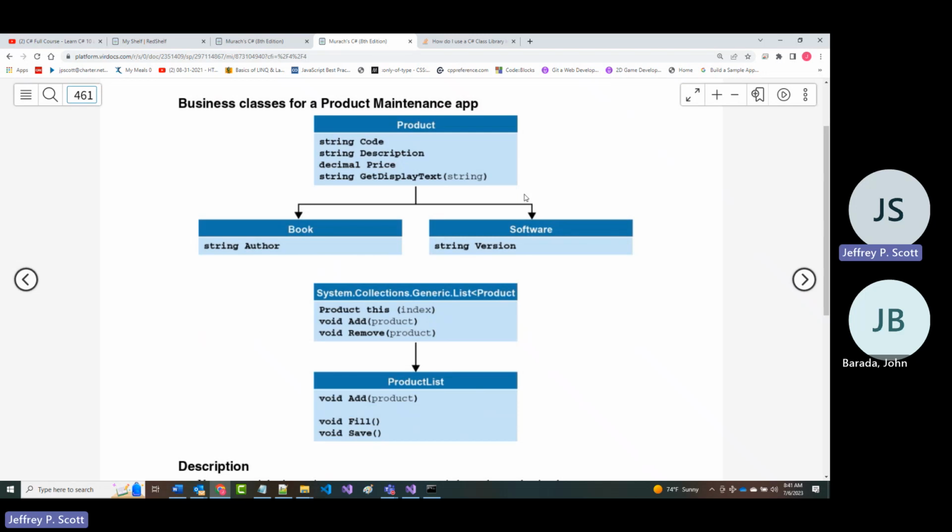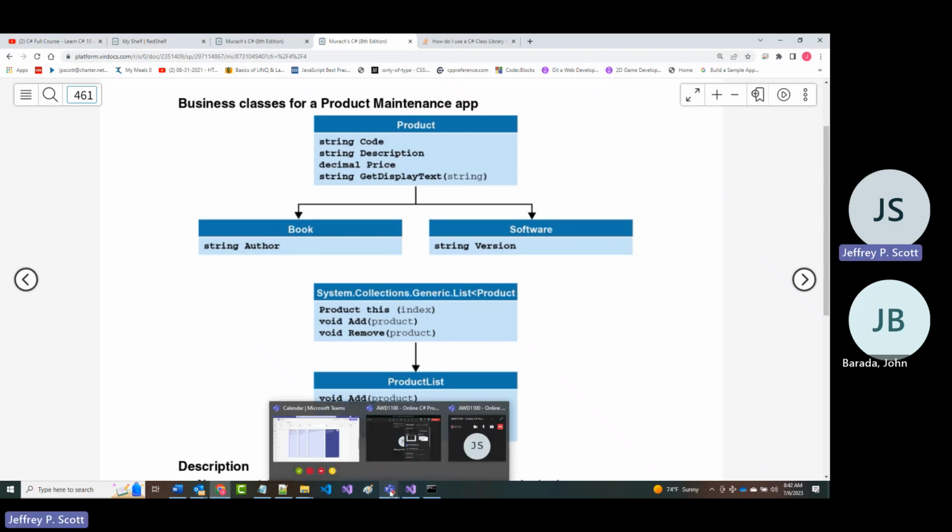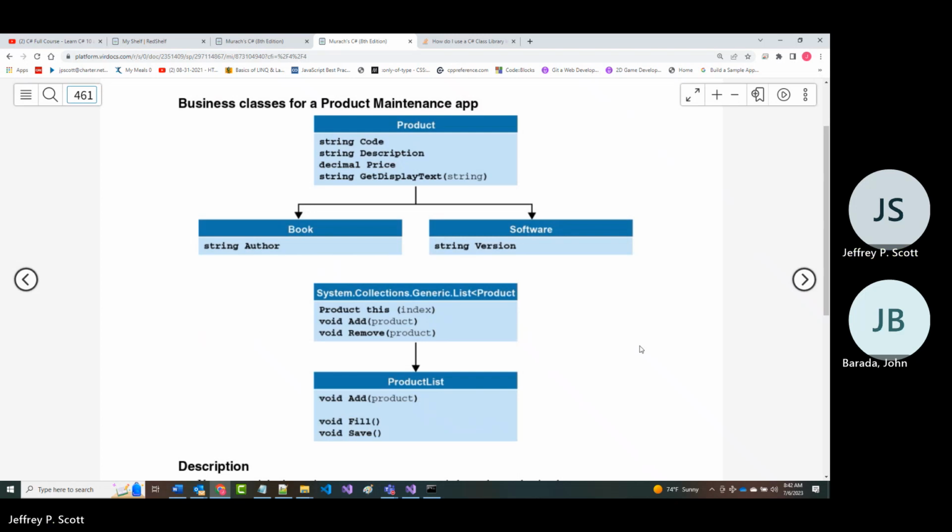But with this product maintenance app that we're working with, you'll notice when you look in there, it has three different pieces of data: a string for a product code, a string for a product description, and a decimal for a product price. 3 different instance variables.